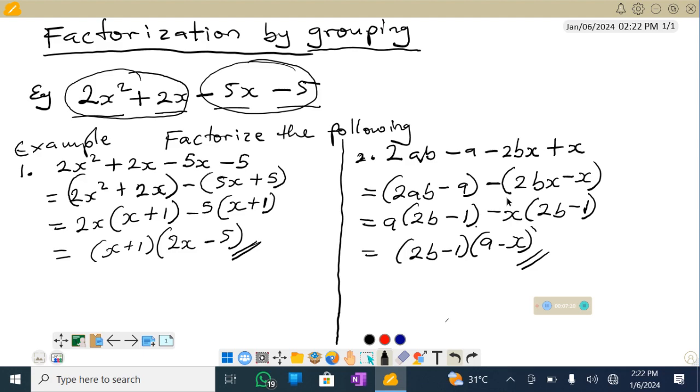Okay, so let's move to next page and look at some of the problems that look a little bit more difficult. They are not actually difficult, but a little bit more complex than the one we have solved. Okay, so let's have